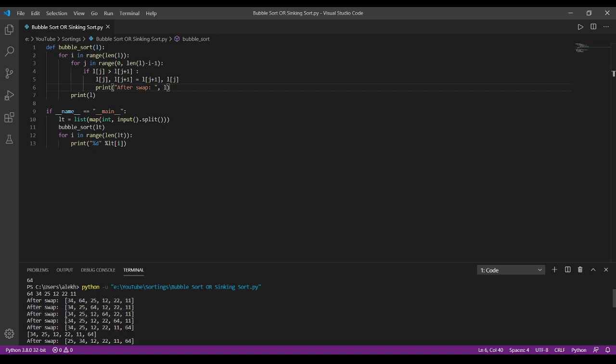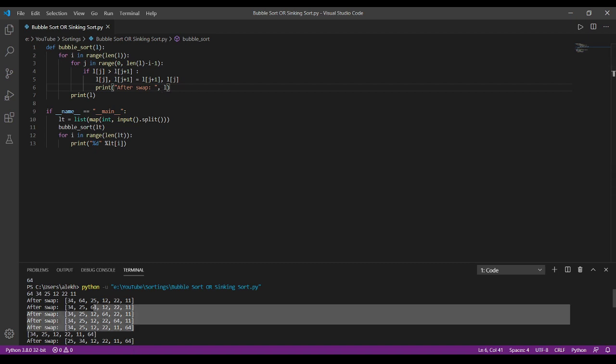See, here in this swapping, how many times does the for loop occur? 1 2 3 4 5 6. 6 minus 0 minus 1, 5 number of times.